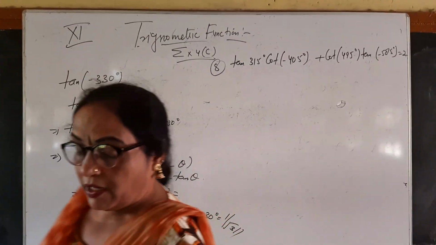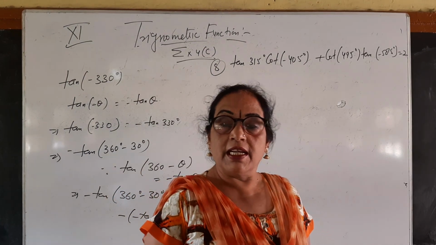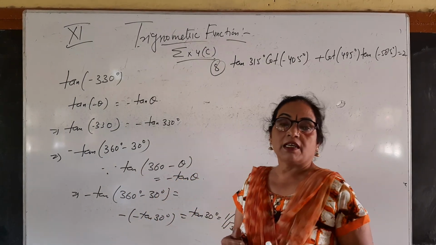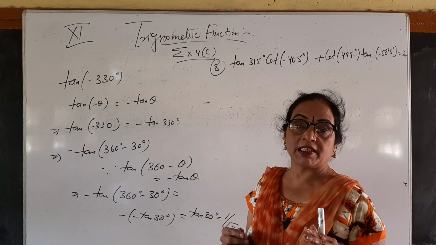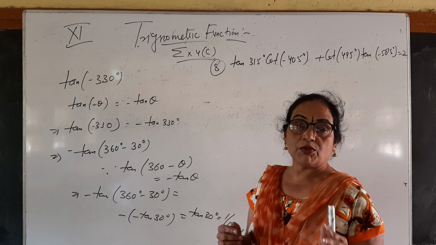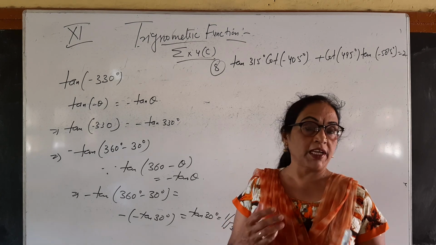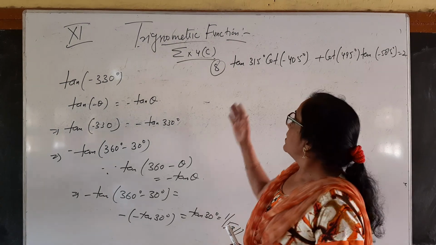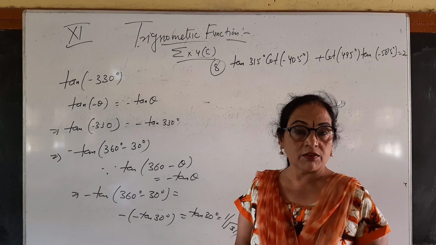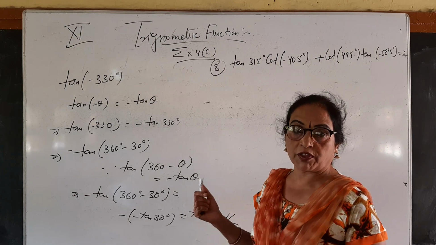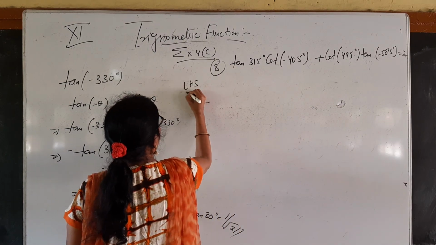So here we know the periodic function is given in terms of sine, cos and tan. That is sine 90 plus or minus theta, 180 plus or minus theta, 270 plus or minus theta, 360 plus or minus theta. In terms of sine, cos and cot we know. So here cot is given. So we know that the reciprocal of tan is cot. So if you know the tan formula, you can do it for the cot also. So first we will take the LHS.